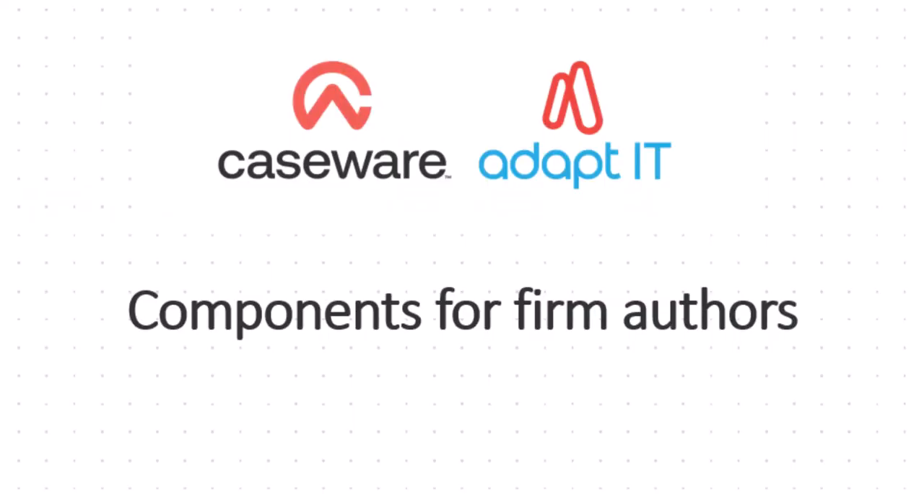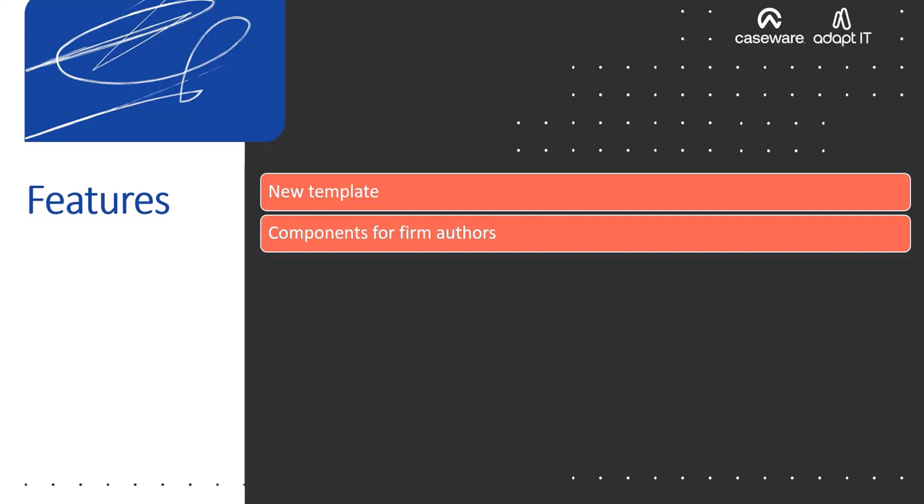Components for firm authors. Components drive a universal visibility logic across the engagement. You can define components and organize them into categories relevant to your product, market, or region, such as industry types, entity types, and reporting frameworks. Firm authors can now create their own components and component categories in the firm template. Once you have created your own components, you can assign components to content in the firm template, including content created